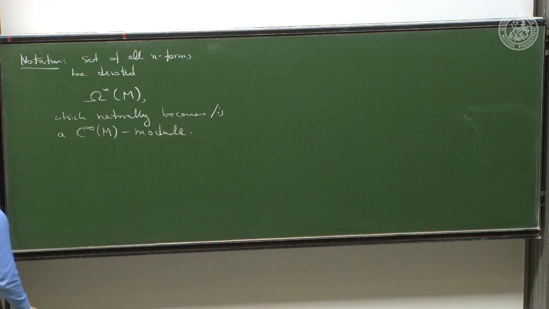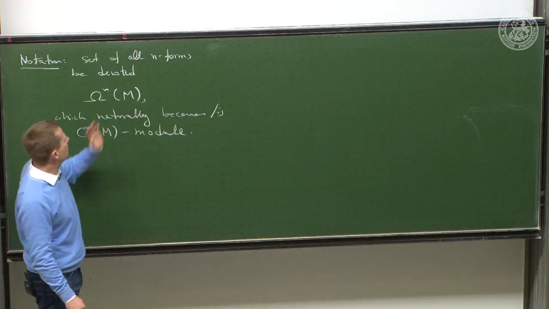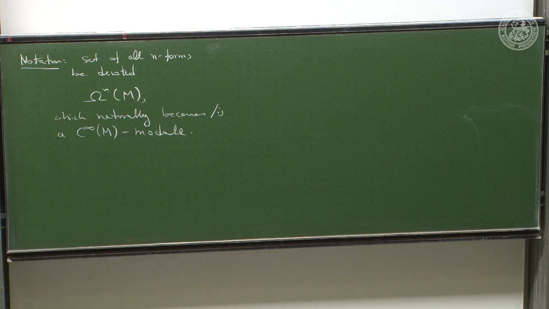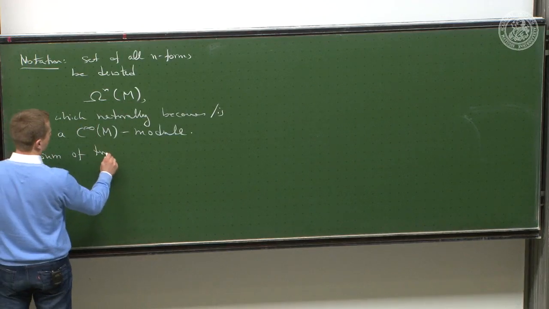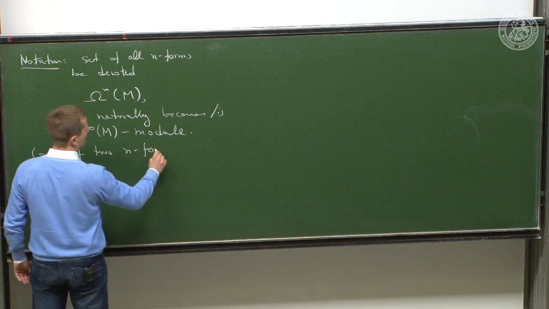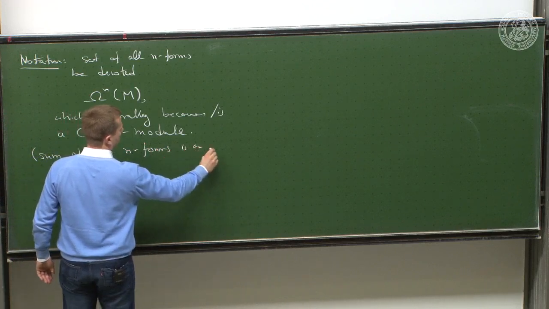Obviously it is, because the (0,n) tensors are a C infinity(M)-module, and this is just a subspace of those, a subspace that's closed under addition, obviously, because the sum of two n-forms is an n-form,